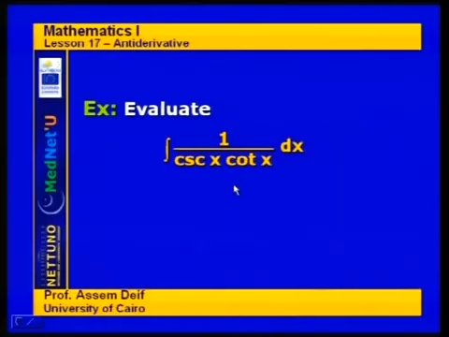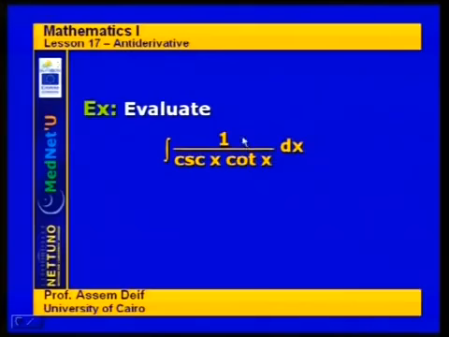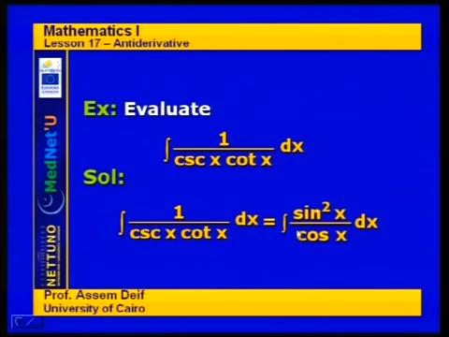Evaluate the integral of cosec x cotan x. This looks a little bit complicated, but it doesn't matter. When you see trigonometric functions, you wish to transform into sine and cosine, because sine and cosine are very simple. The derivative of sine is cosine, and of cosine is minus sine. So in fact, I don't like to see expressions of this sort, so I transform it into sine squared over